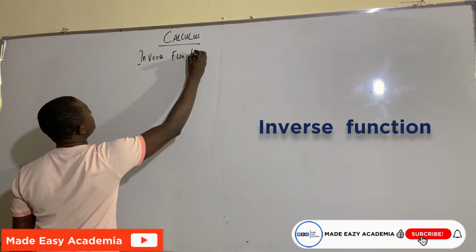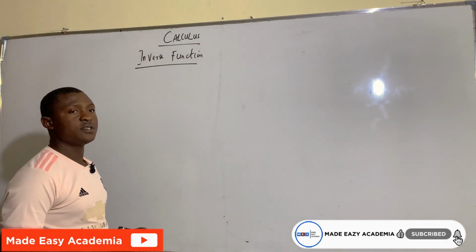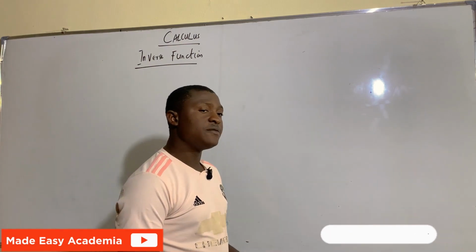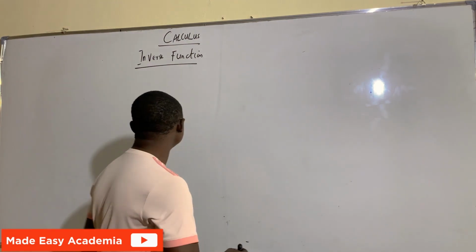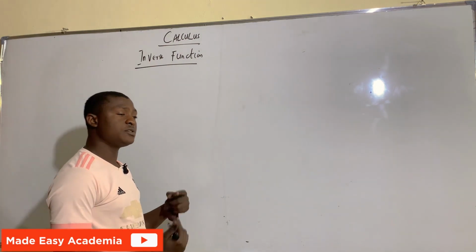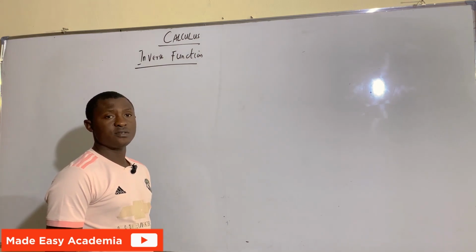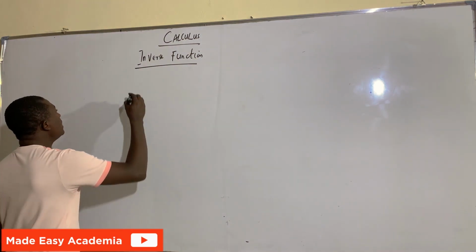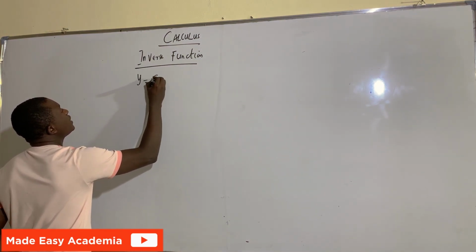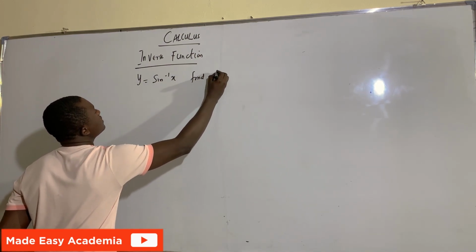So for these inverse functions, it's just another method of finding the derivative of a function. We are still going to use the knowledge of implicit differentiation, the one we just finished. Differentiating y gives dy/dx, and differentiating x gives dx/dx. So for example, let's say we have y is equal to sine inverse of x, and they say find the